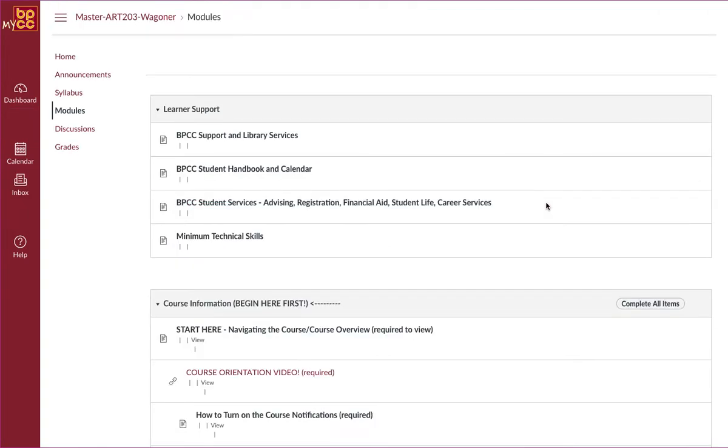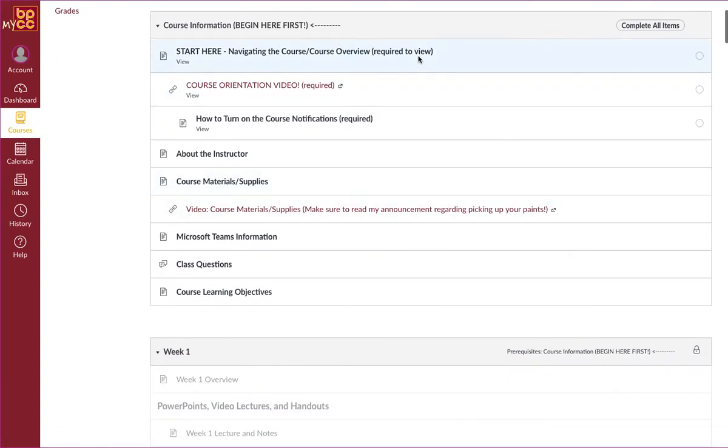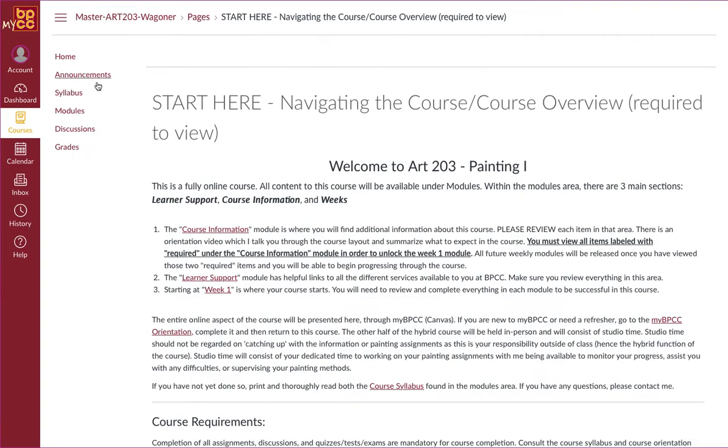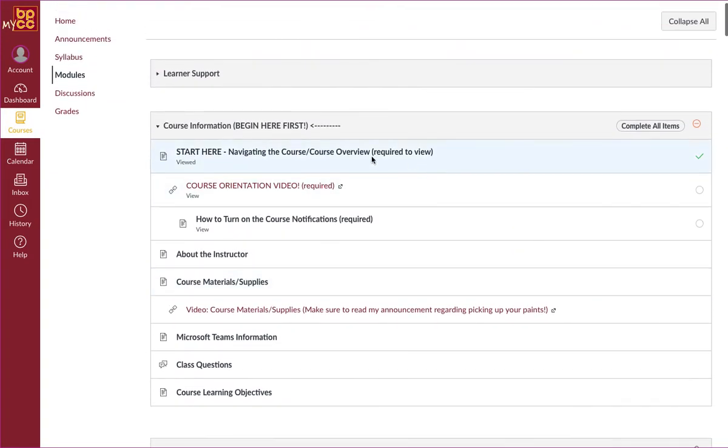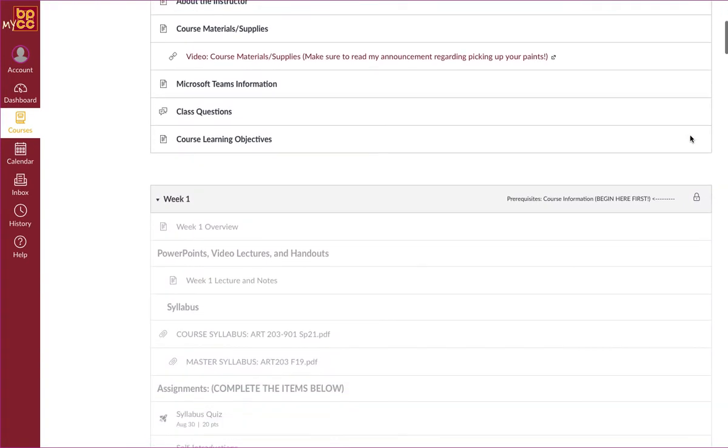I'll reload this. There we go. So once you've viewed that page, you'll see a nice little green check mark and it says it's completed. And we notice up here, there's a nice little symbol. It says that we started, but we haven't completed. So we'll have to view these other two items in order for this check mark to show up, because all